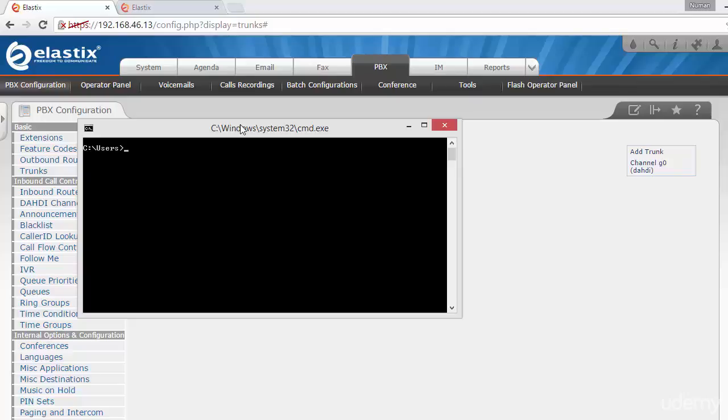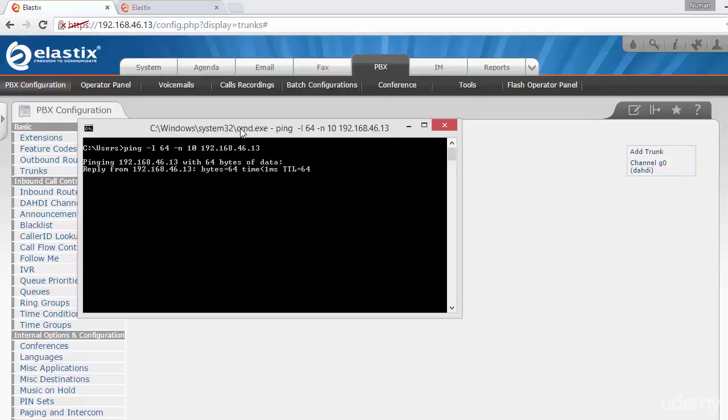Let me ping server A. I'll try to send larger packets because I'm doing VoIP, and I'll send 10 ping requests to the IP 192.168.46.13. As you can see, I'm sending 64 bytes of requests